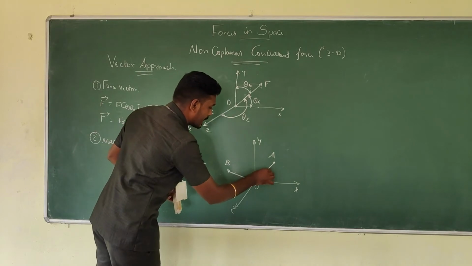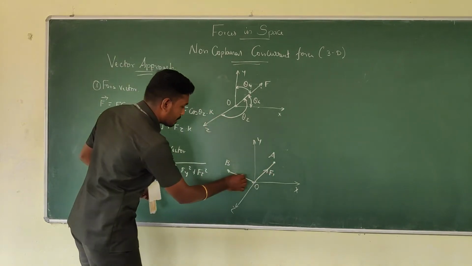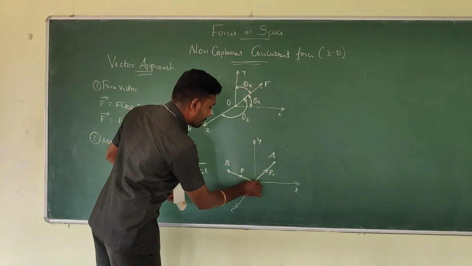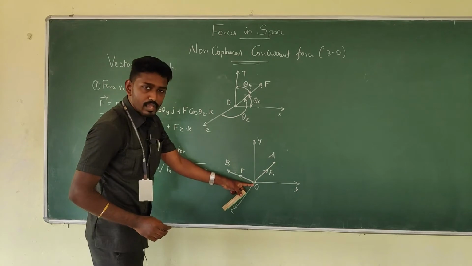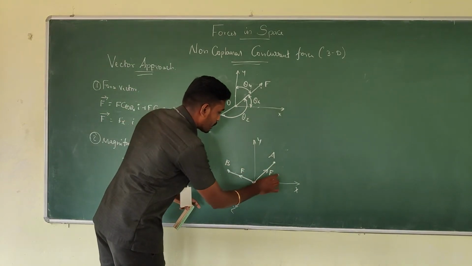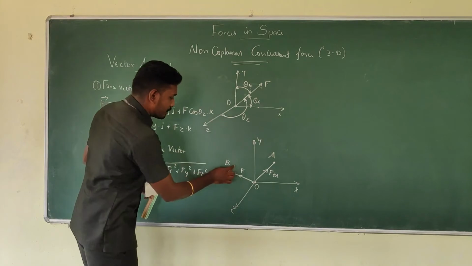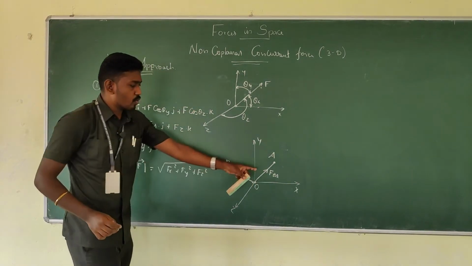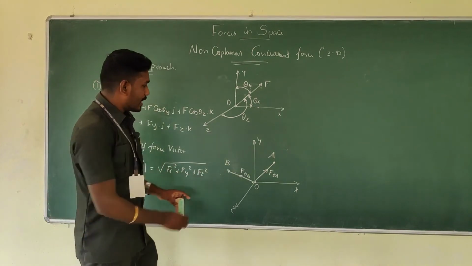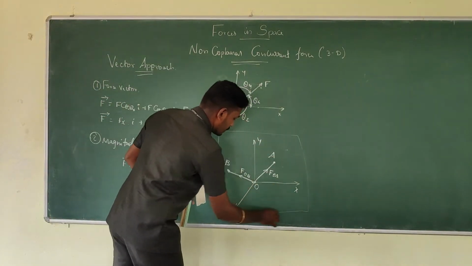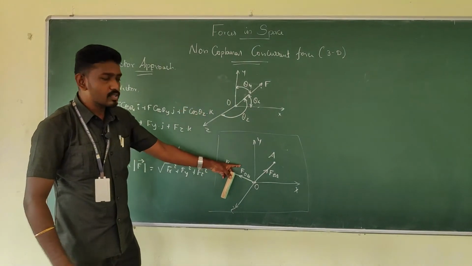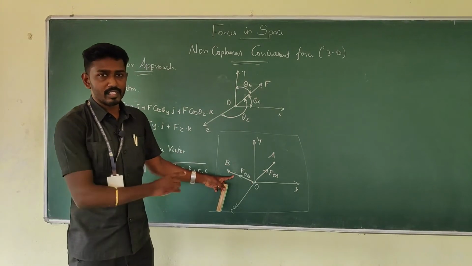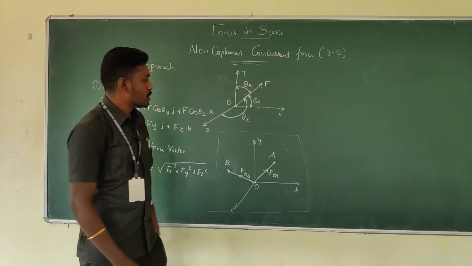So I am going to consider here the first force here and the second force here, F. Or else I can say the first force which is going from O to A, and the second force which is moving from O to B, between 2 points. So FOA and FOB. So when you are having such things, we need to find the resultant force. Here 2 forces are there, so we need to identify the resultant force.